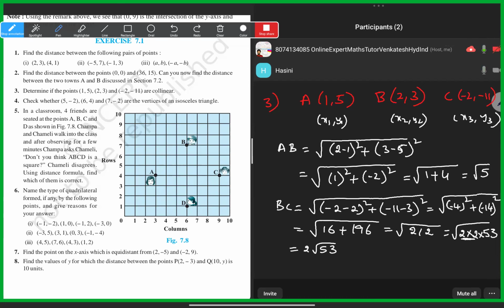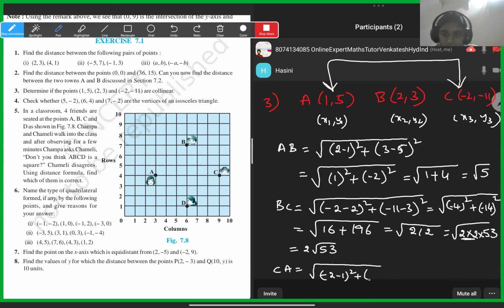Now, Hasni, CA I am doing. CA is equal to minus 2. You will try to tell the formula for these 2 points, Hasni, now. Minus 2 minus 1 whole square, plus minus 11 minus 5 whole square. Yes, Hasni. So it will become